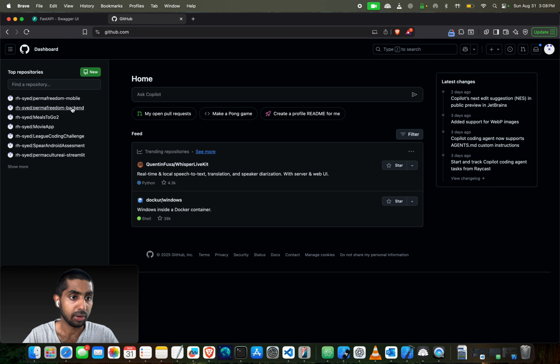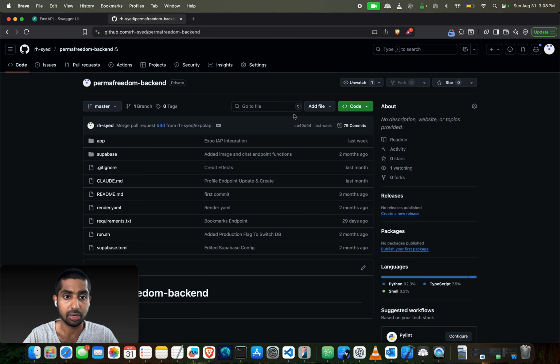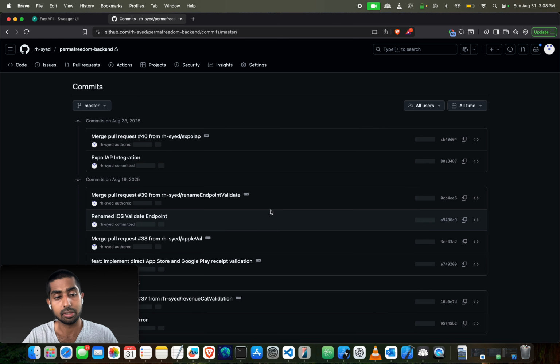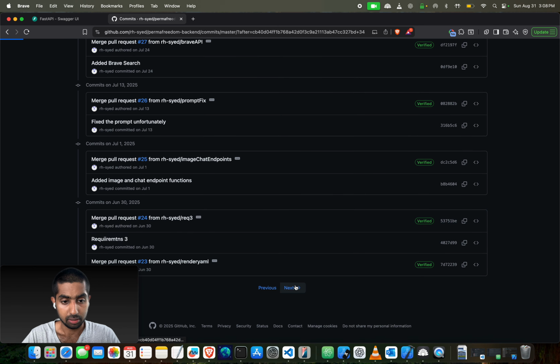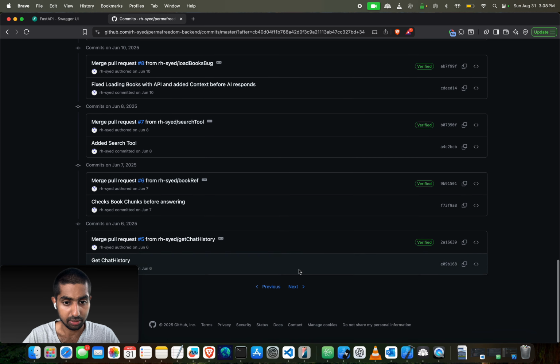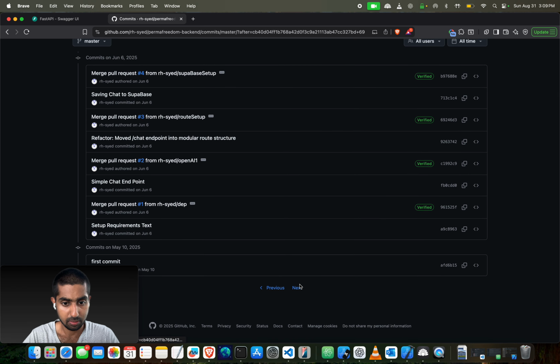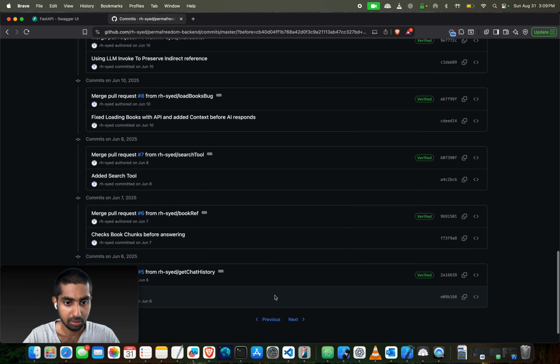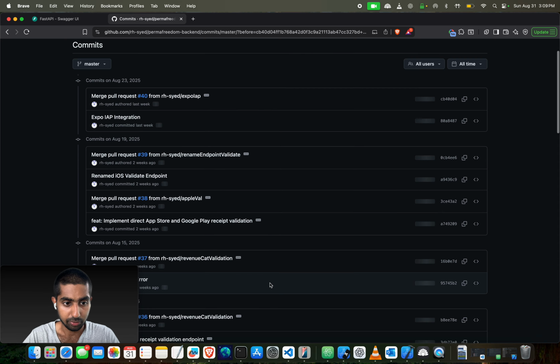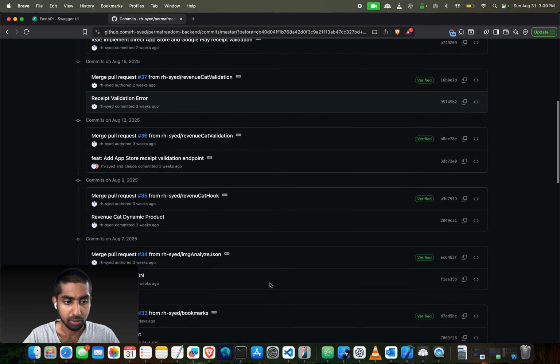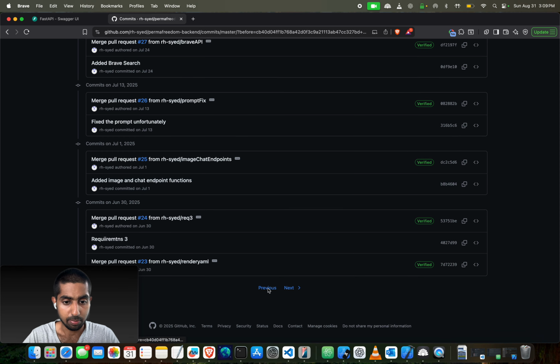So to give you an insight into how the development looks, this is the code for the Perma Map backend. As you can see, there are about 79 commits. It goes back, the first commit is, I just want to see when I started. May 10th is my first commit. And then I just recently launched it, May, June. So the backend took me about